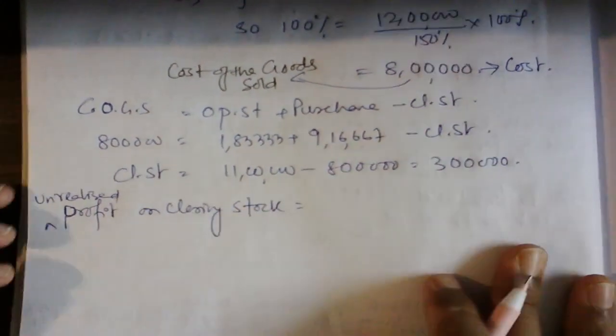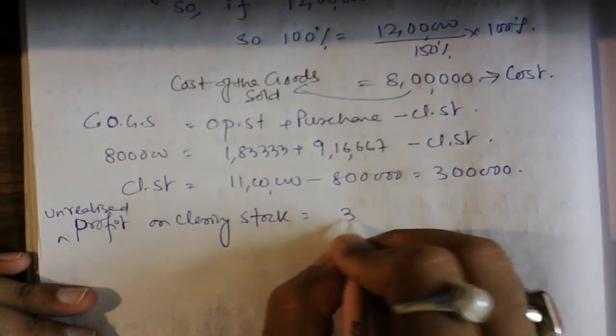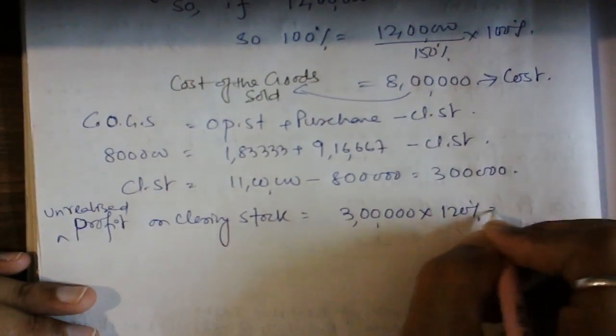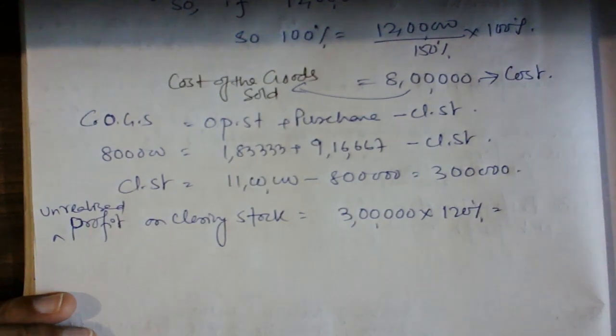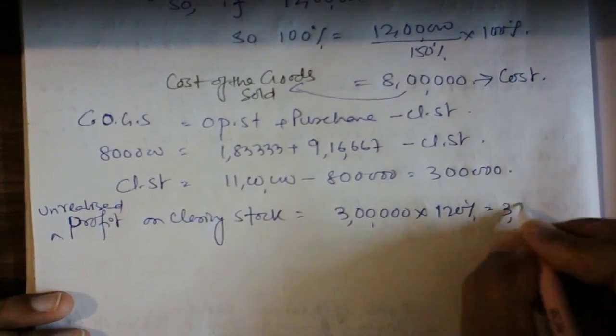If the closing stock value is 3 lakh, then the unrealized profit on closing stock is nothing but 3 lakh into 120%, because invoice price is nothing but 120% of the cost. So it will be just 3 lakh 60